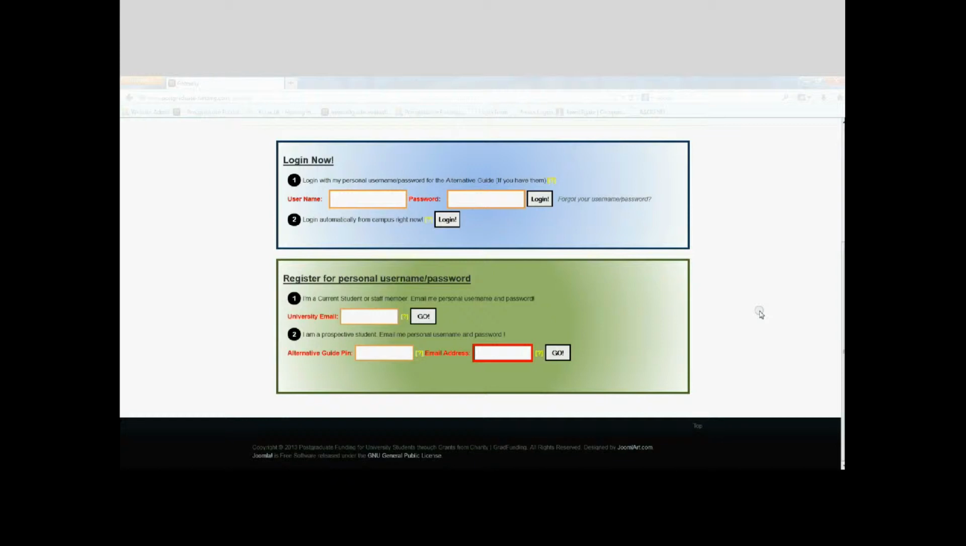Here we have then the green box, which is basically how you register for that personal username and password that enables you to log in. Now, there are two ways of doing this. One is for current students and one is for prospective students. For current students, or indeed for staff, you use your university email address. That could be whatever. It would obviously end in a .ac.uk, so a kcl.ac.uk, cam.ac.uk, etc. Now I'm going to go and put in my own email address here,